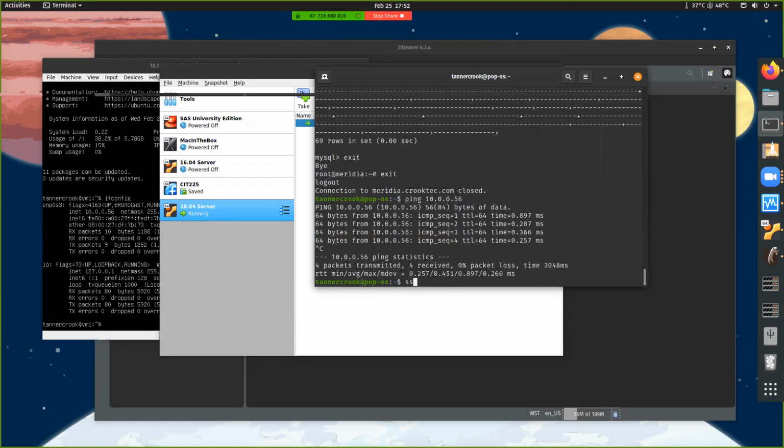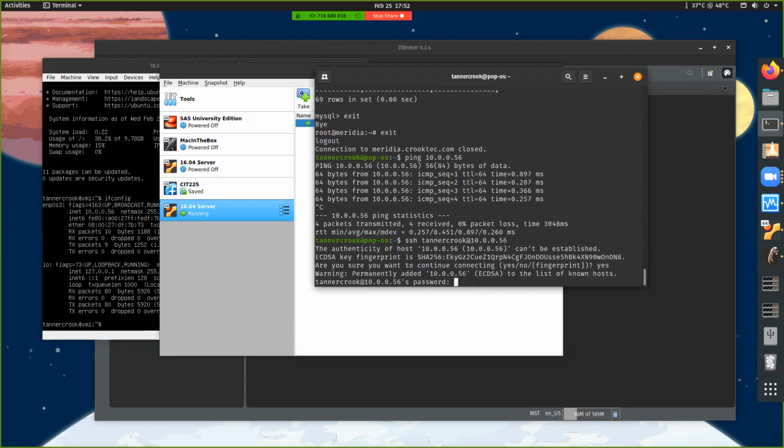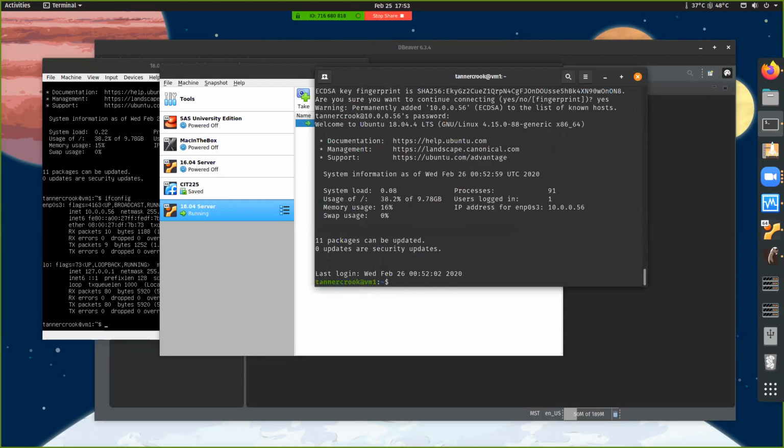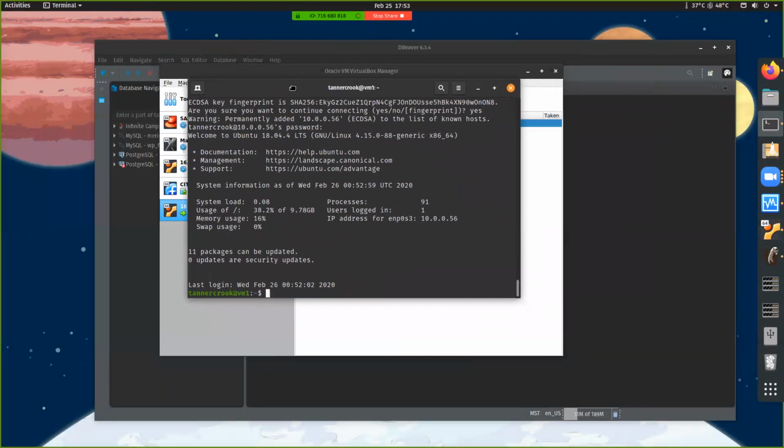So now what I can do is I can SSH into that. And the way that you SSH, on Linux anyways, or Mac, is you can say SSH, your username, at, and then the host, so 10.0.0.56. And it's going to say, do you want to trust this computer? I say yes, and then I put in my password, and I am connected. So I can just hide this window, and I'm connected here. So now that I'm connected,